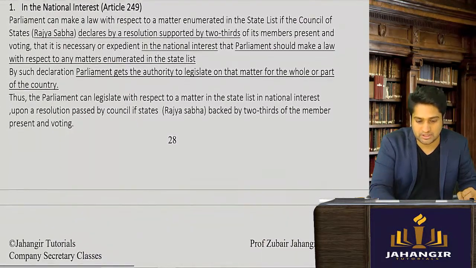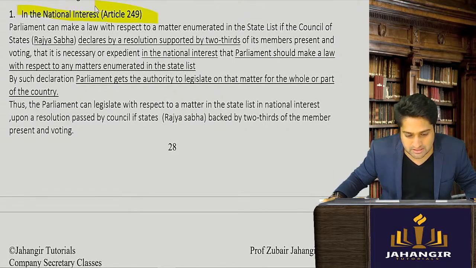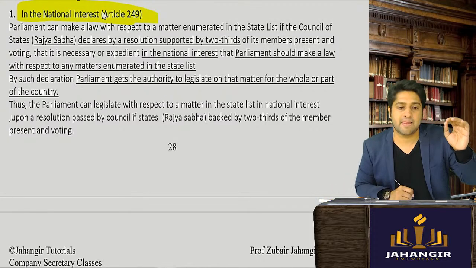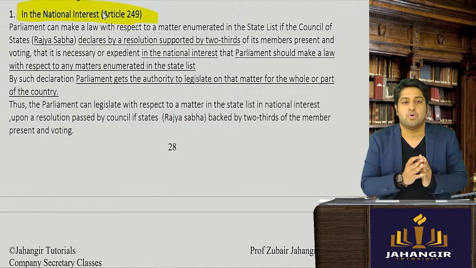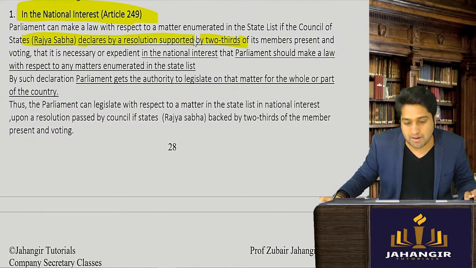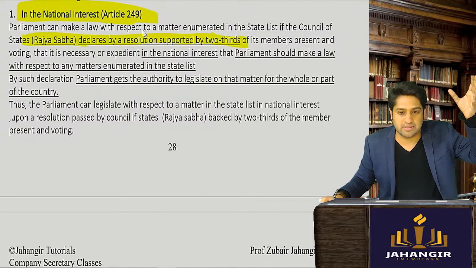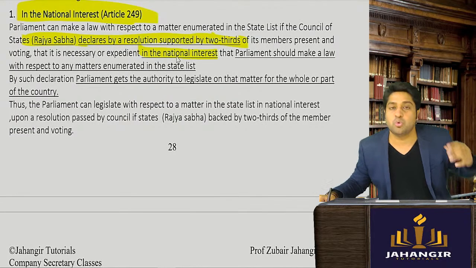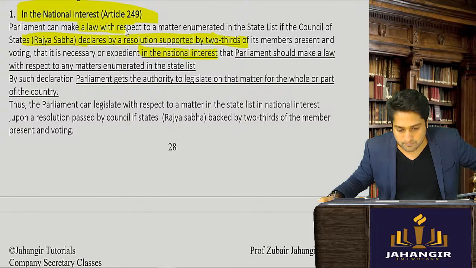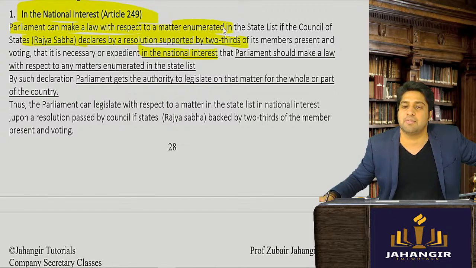Very first is national interest under Article 249. In national interest, given under Article 249. So if at any point of time 2/3 of the members of the Rajya Sabha pass a resolution that the central government should make a law in national interest, then the Parliament, that is the central government, can make a law on any matter enumerated, that is stated,